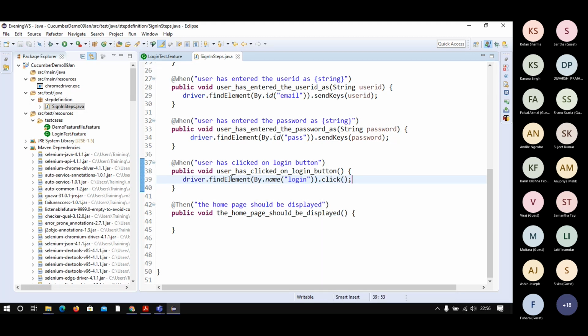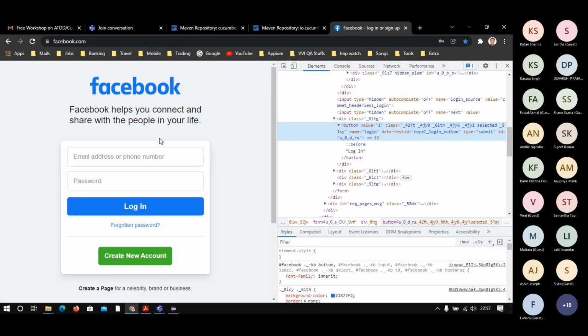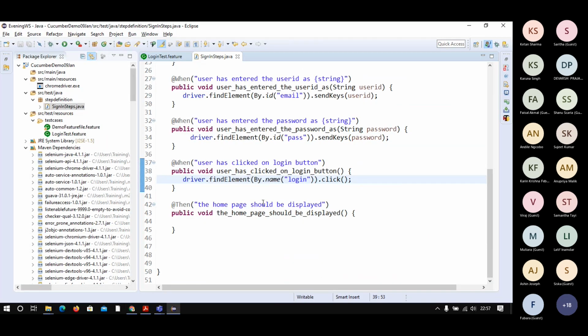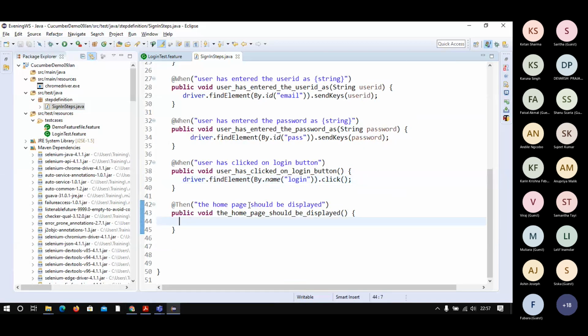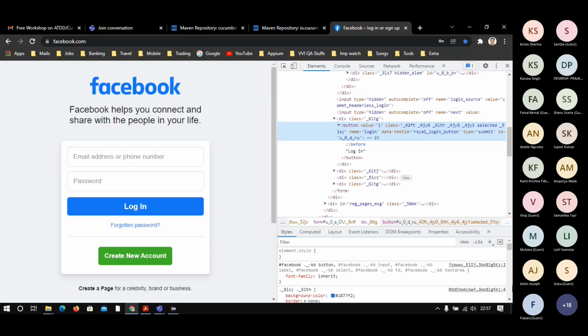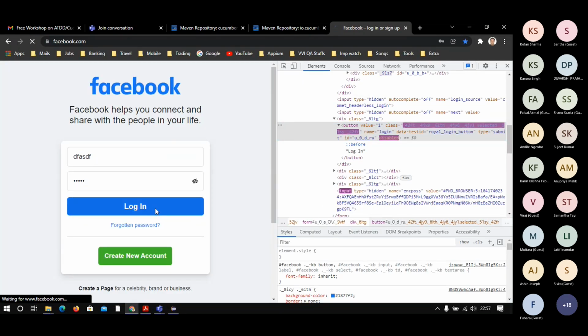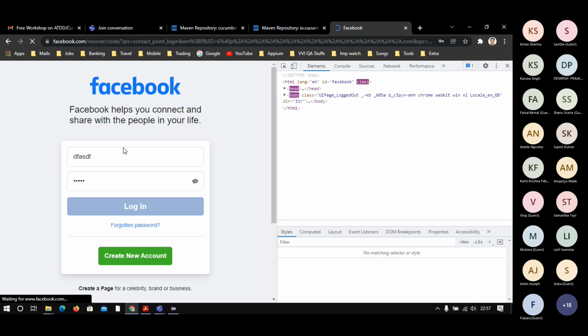And then perform a click operation. I know that this is an invalid user ID and password I am passing, but I am just trying to verify. The home page should be displayed. Consider that I have given the wrong user ID, wrong password. Then I am clicking the login button, so it will validate and display some error message.